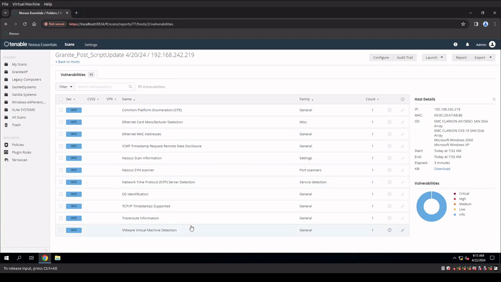Now, on the 11 infos, based off of the details and the information that exists in here, I think the next step is probably to go through these actual issues here that we have and figure out which ones of these we could correct and which ones we should just call a false positive. Because ultimately, at this point, this operating system, with all the updates that have been applied through the actual scripting, which I still have to fix a couple of them to apply so that way the system will reboot,